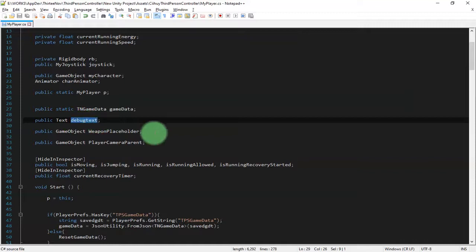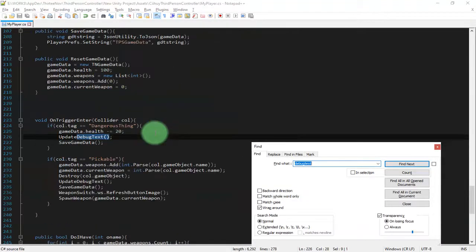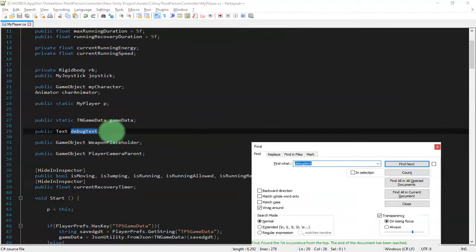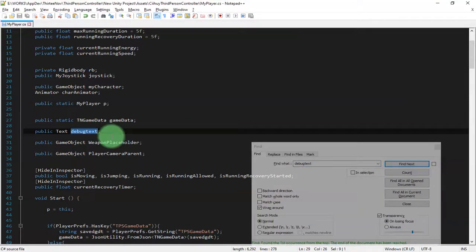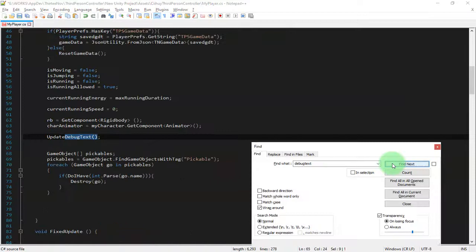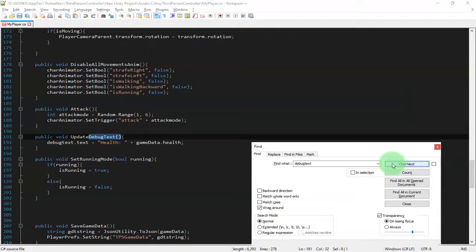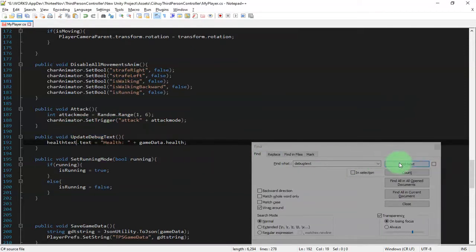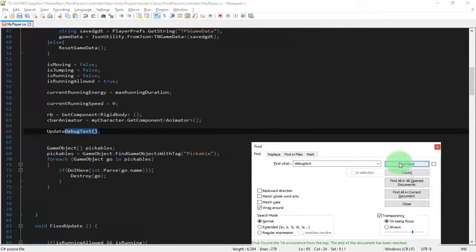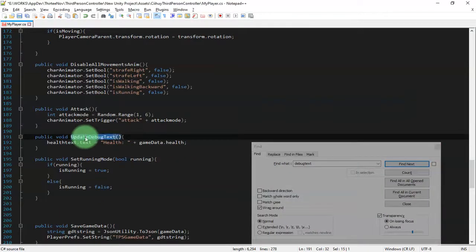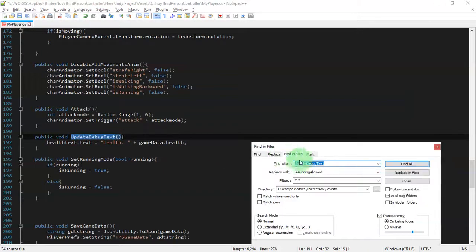This one, okay, I should rename it to health text. Okay, let me find the other health text. And I need to rename this update debug text to update health text.